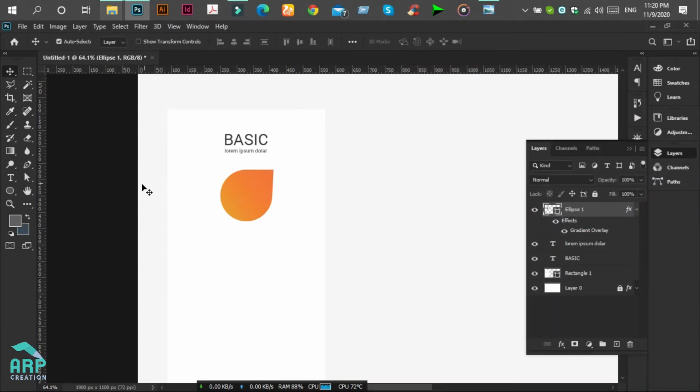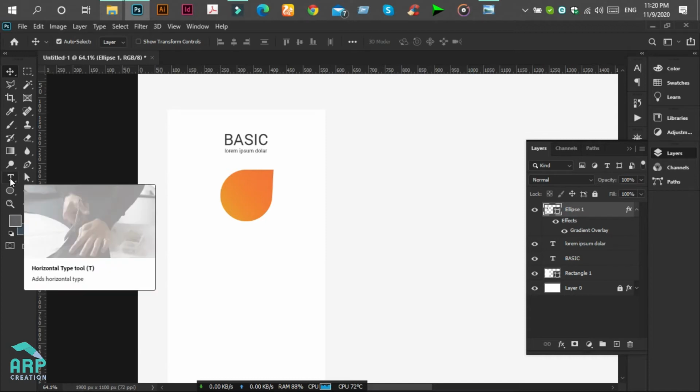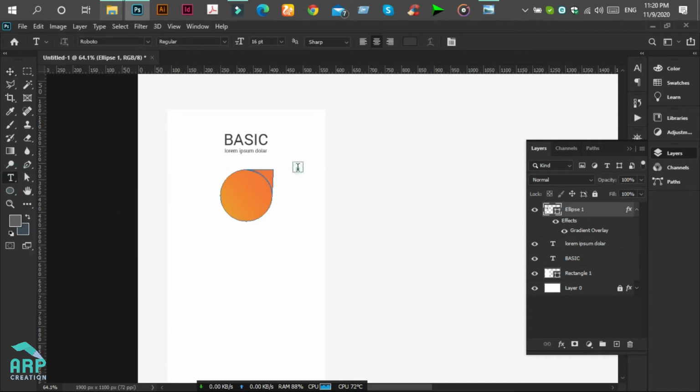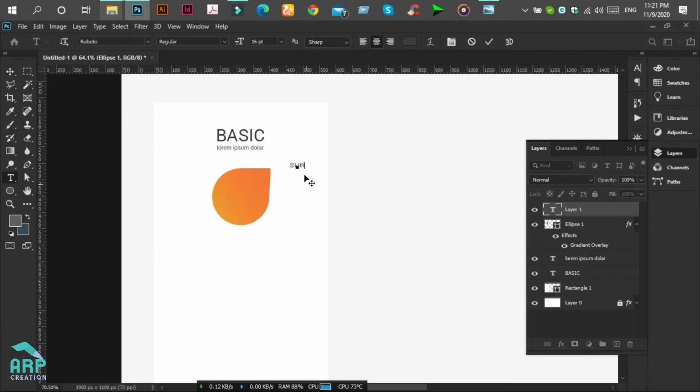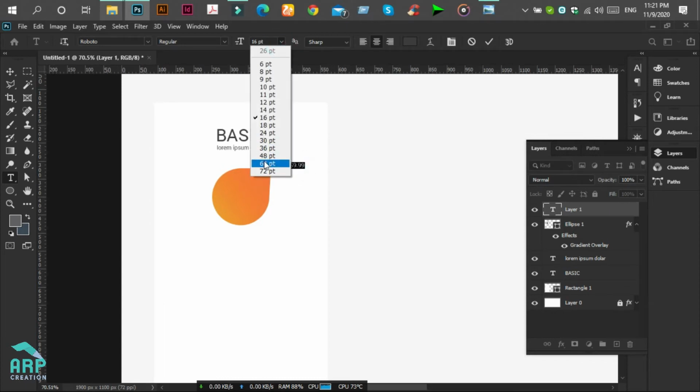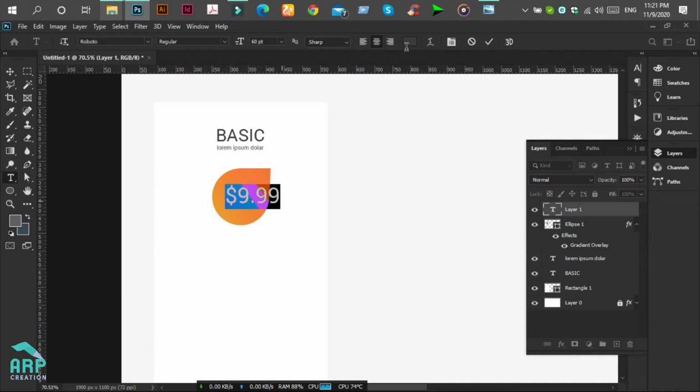now we will add a new text. So click on the type tool again, then add pricing for this package. We will increase this text size to 60 point and we will change this color to white.